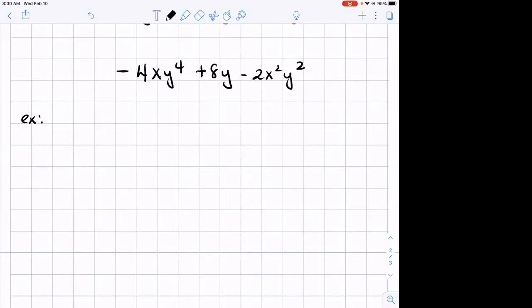For example, let's divide 10 a to the 4th b squared plus 8ab cubed